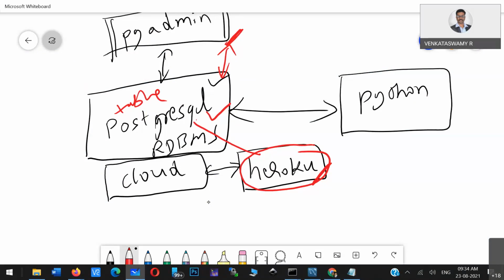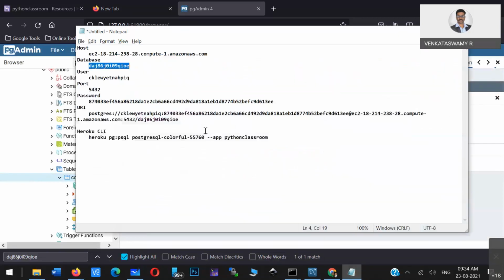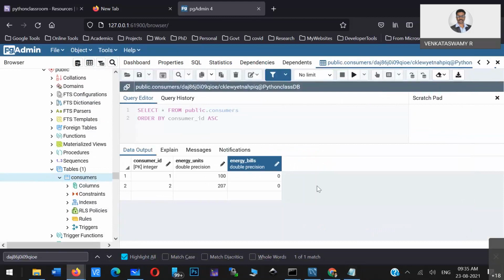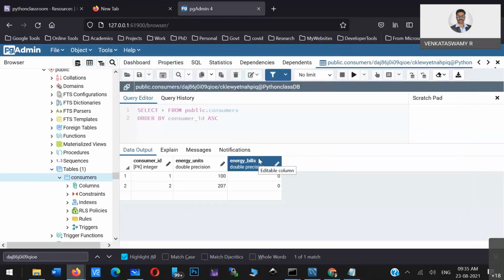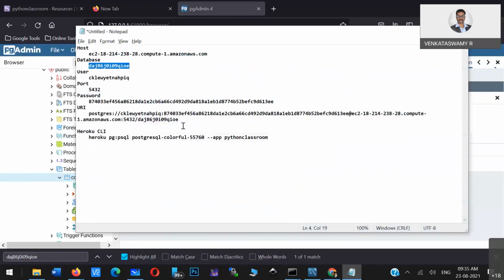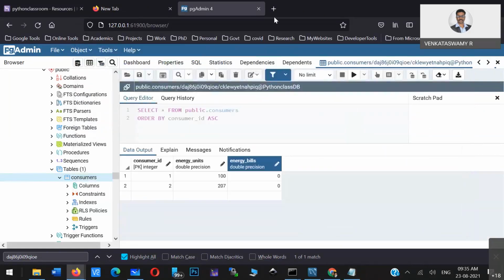That means if I give this particular credential to you, then you can see that particular data on your machine, from anywhere. So that data is available for anybody now. I can connect that particular application from any web application, mobile application, or any internet based application now. That is possible. Okay, you got the things, what we did now. Any questions here?